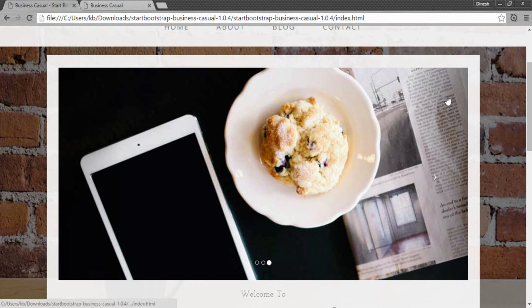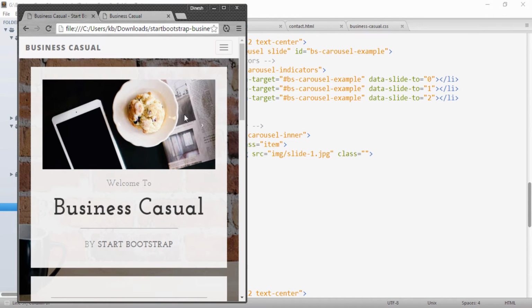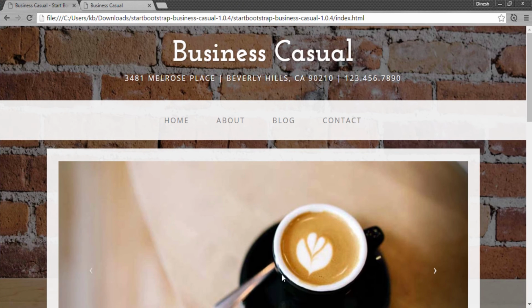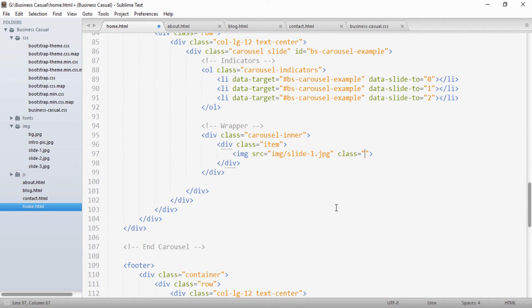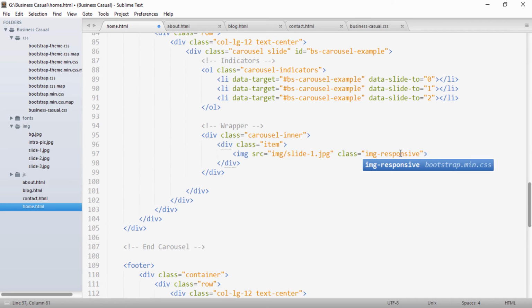So if I show it on the browser, then if I decrease the width of the browser, then you see that image is responsive. So in order to make a responsive image, we'll give it a class of image-responsive. So this is the bootstrap class to make our images responsive.